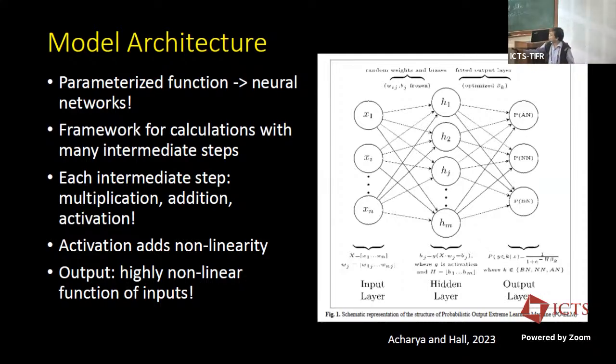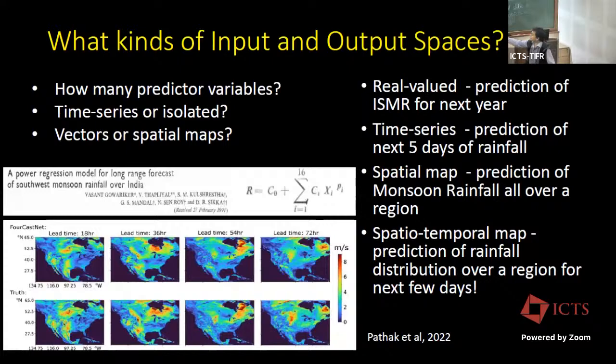So let's look at this simple function itself. Your input layer will have all these values. The first step might be to raise each of these to a certain power. Now this can be done in parallel. That is, x1 is raised to its power p1, x2 is raised to the power p2, and all of these 16 things are done parallel to each other.